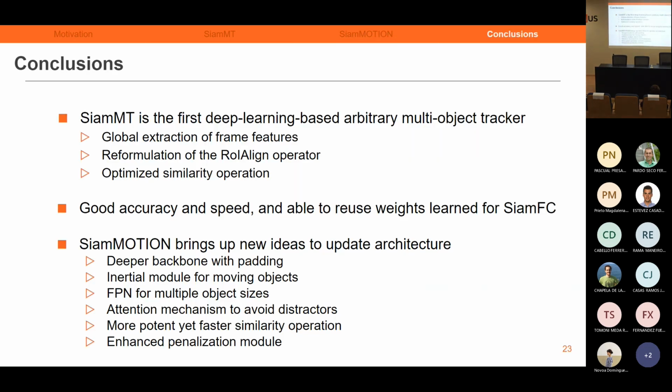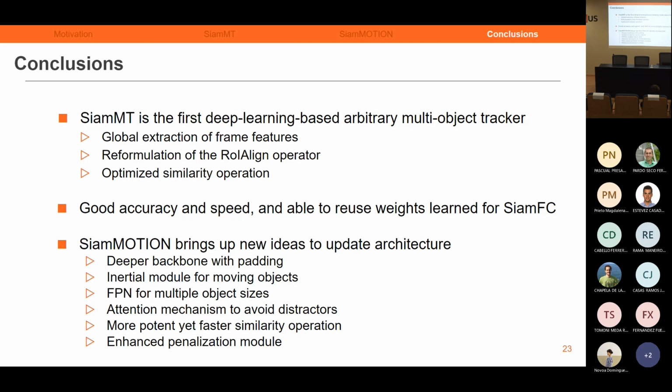Finally, we will present the conclusions that we have drawn so far from this project and its future work. With the development of SiamMT, we have created a new line of multi-object tracking without the need of continuous redetections. This makes SiamMT the first deep learning-based arbitrary multi-object tracker.